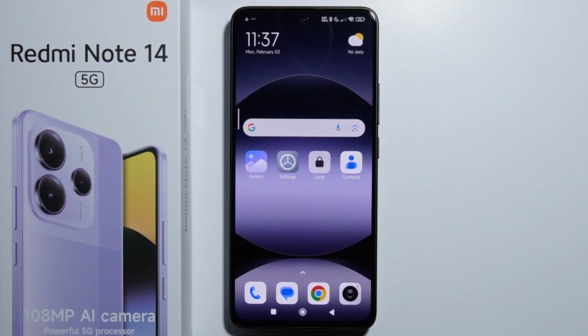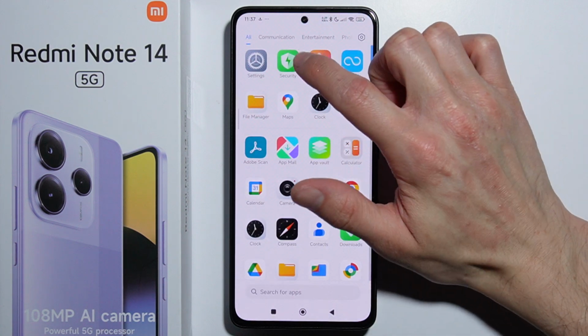Hello, right now I'm gonna quickly show you tips and tricks for the Redmi Note 14. So let's get started. First of all, we have the Game Turbo, so we have to go into the security